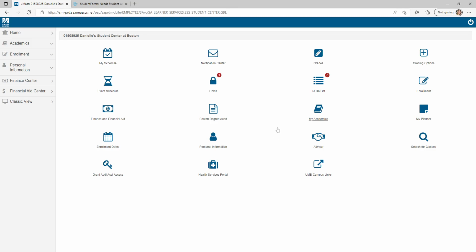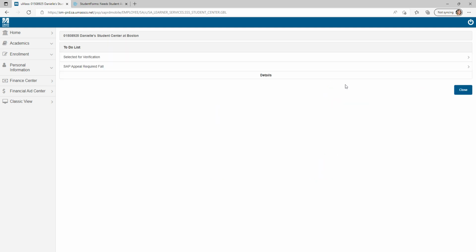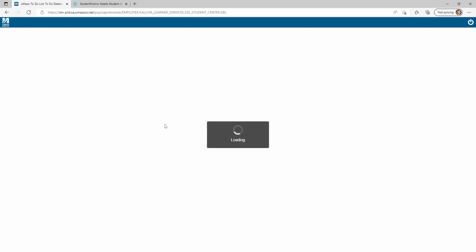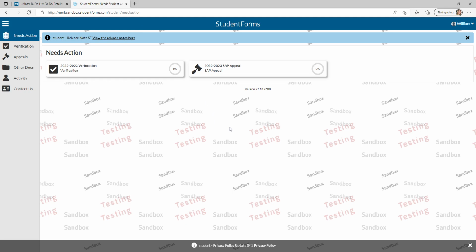First, you will need to go to your Wiser to-do list and click on the SAP appeal requirement. From there, you would need to follow the upload complete requirement link, and this will take you to a student forms platform, and this is where you will be submitting your documentation and completing the appeal online. You will click on the SAP appeal task,